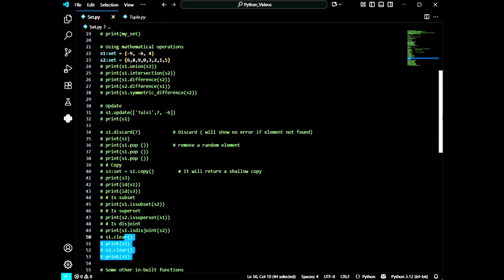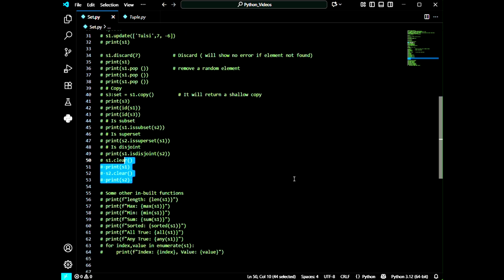Okay, now I am going to use some other inbuilt functions of set, which are length, maximum, minimum, sum, sorted, all true, any true. We have already used these inbuilt functions in the list as well as in tuple, and these inbuilt functions are the same for list, set, tuple, dictionary.